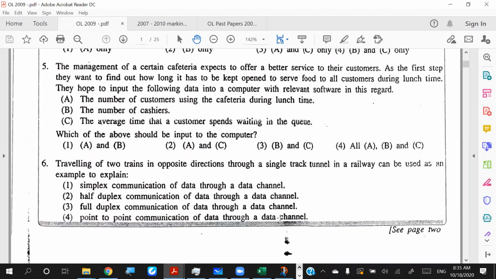So you have to take the answer as the second one, half duplex communication through a data channel. Point-to-point communication is something else. Like point-to-point communication, we are talking about advanced network things like subnet mask and all these things. So it describes the way where we can send a lot of data in a one